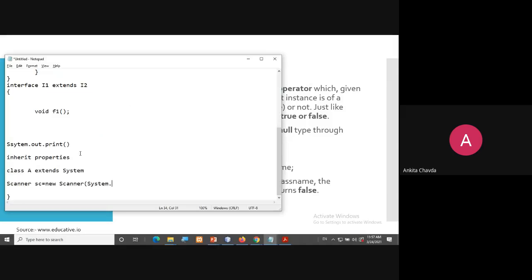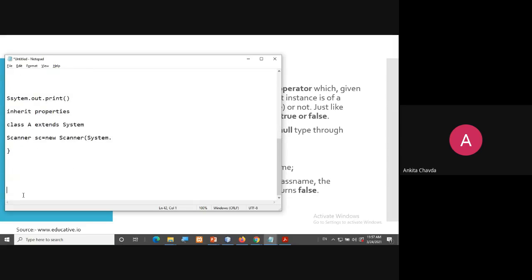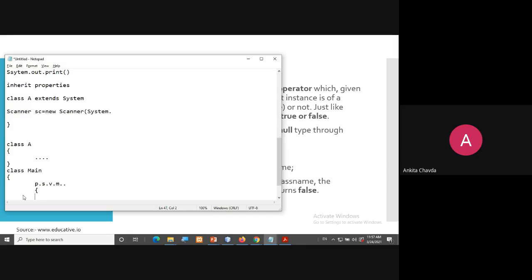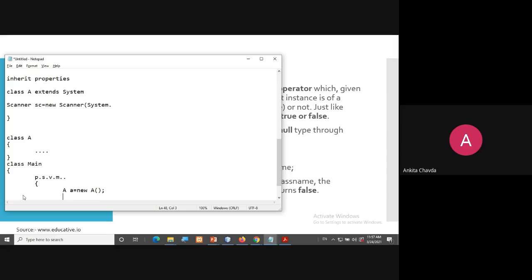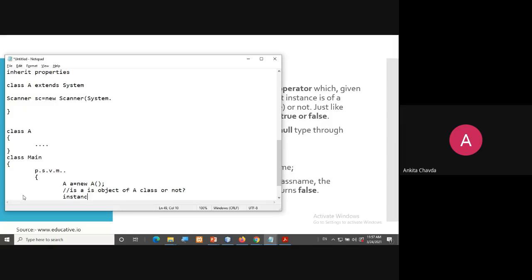Comparison means, if I have a class, say class A, and now I have another class Main, where in public static void main I create an object of this class, A a equals new A. And now I'm asking whether this is an object of class A or not. This is what I'm asking via the instanceof operator.